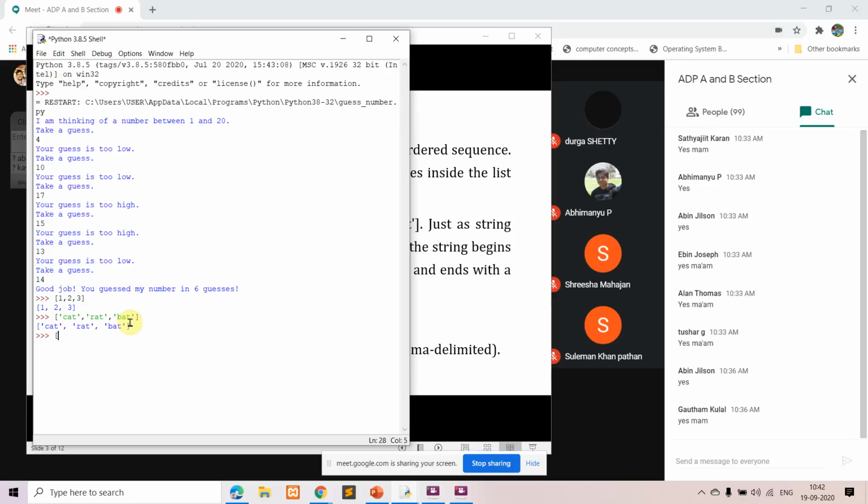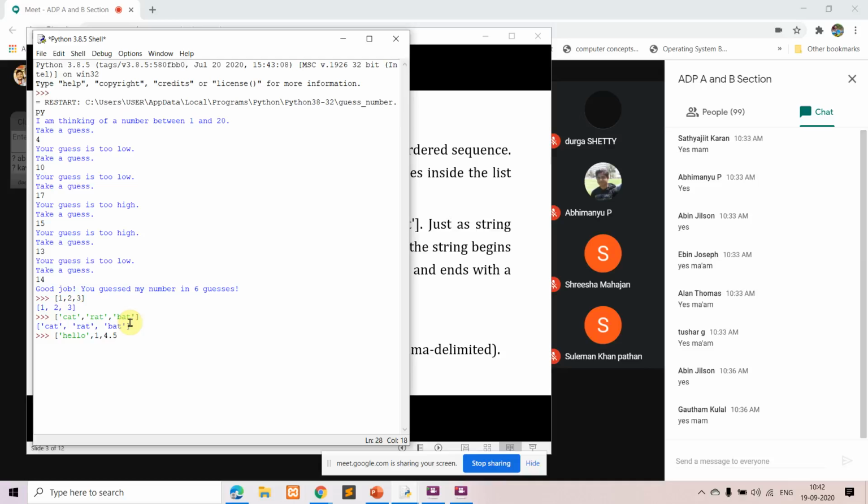Means you can have integer, floating point, and string also. A list is a collection or ordered sequence of heterogeneous elements. I'll show you with an example. In the first element, I'll write hello, then I'll write 1, then I can write 4.5.